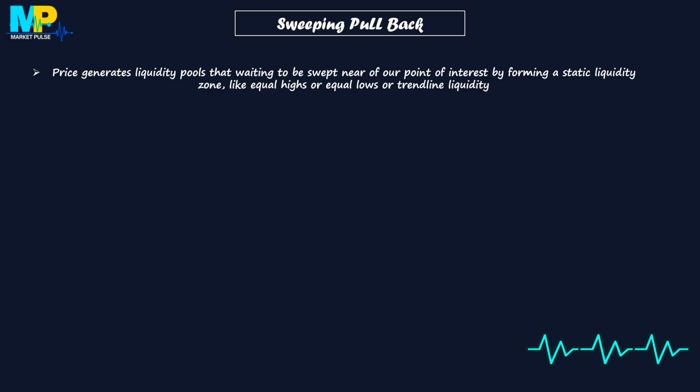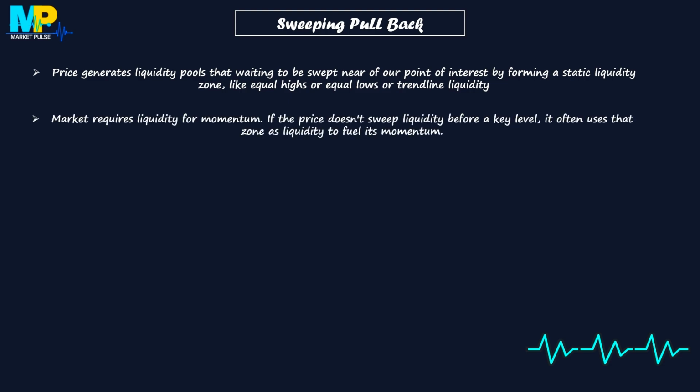Recognizing a liquidity sweep pattern before the price reaches our point of interest is crucial, as this pattern confirms the strength of our supply or demand area. We use liquidity sweeps as a confirmation factor. The idea is simple. The market requires liquidity for momentum. If the price doesn't sweep liquidity before reaching a key level, it often uses that zone as liquidity to fuel